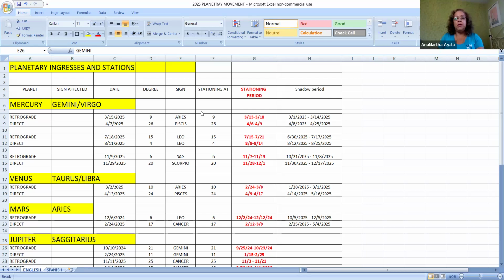Now, when Mercury is retrograde, I am the type of astrologer that says don't buy any electronics during this period. And I mean computers, phones, cars, appliances. I just wouldn't buy any electronics during this period because if you buy something expensive, you will regret it. You will either return it or it will not function the way it should be functioning, right? And I speak from personal experience.